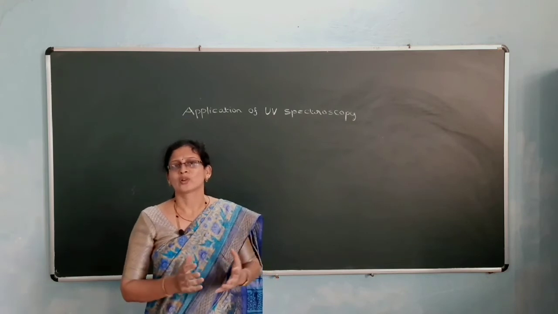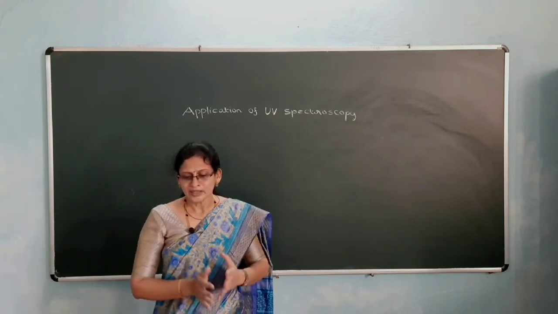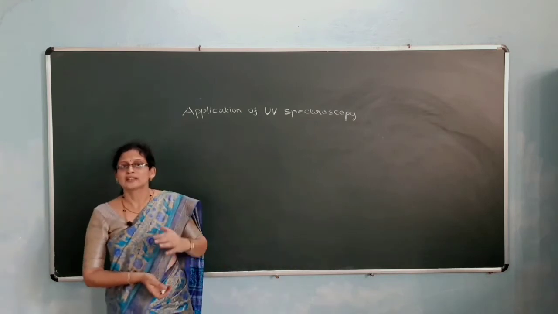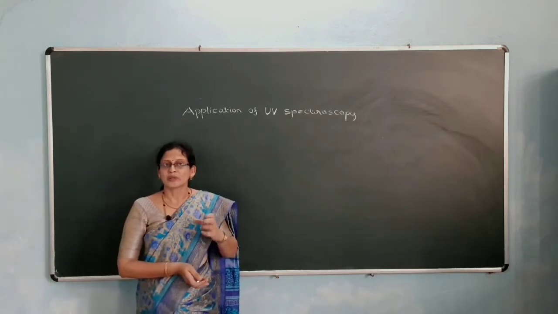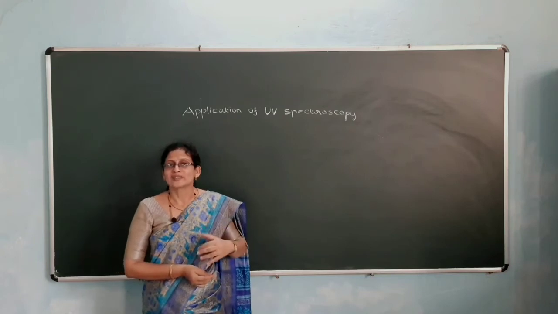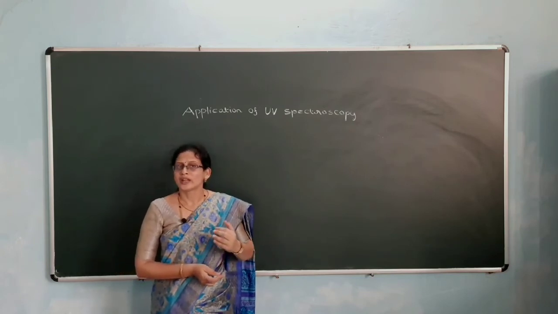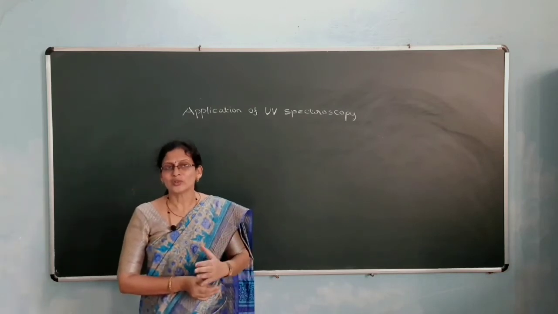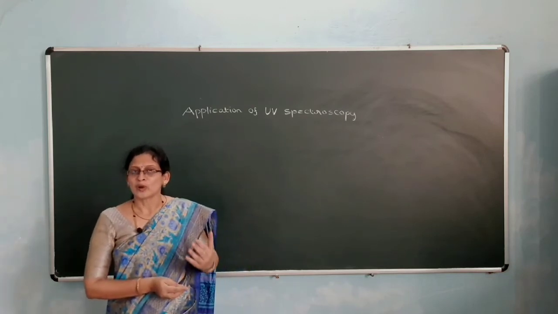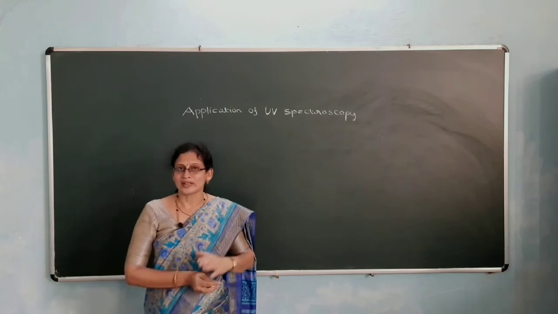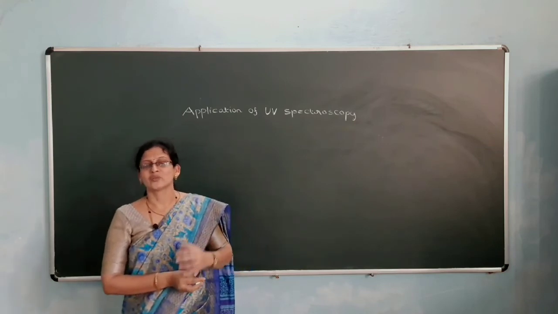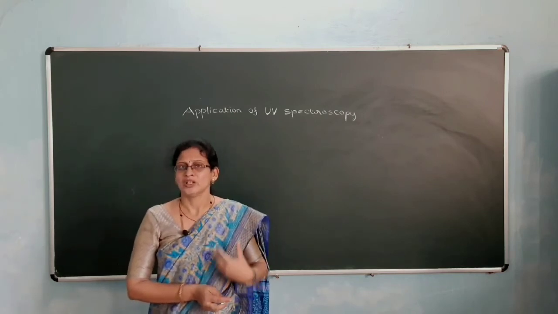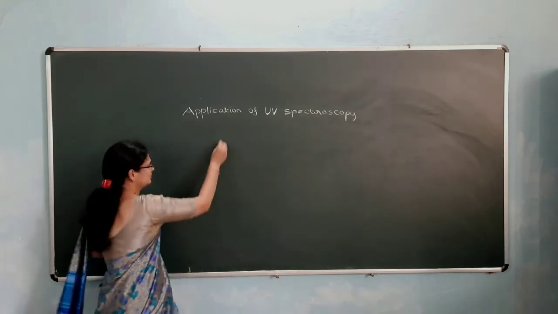So if you don't know the concentration of the sample, then you have to take the standard solution, standard samples. The standard samples means you have to prepare the solution whose concentration is known. Then you have to take the UV absorbance. Once you get the absorbance, then you have to plot the graph, because in the standard solution we know the concentration, and then we have taken the absorption. So then you have to plot the graph